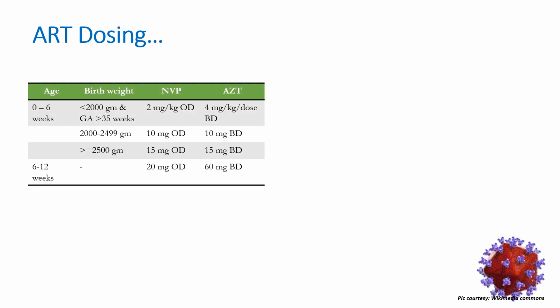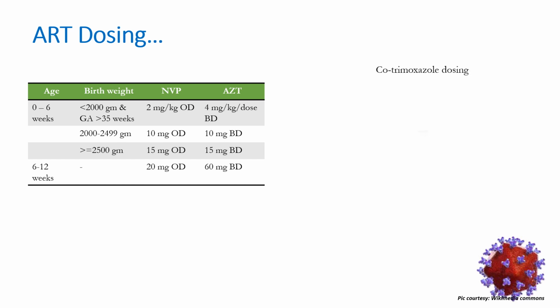So what should be the ART dosing? In 0 to 6 weeks of age, depending upon the birth weight and gestational age, the dose of nevirapine is 2 mg per kg OD for babies with birth weight less than 2000 gram, 10 mg OD for birth weight between 2000 to 2499 gram, and 15 mg OD for birth weight more than or equal to 2500 gram. And the corresponding doses for azithromycin are 4 mg per kg per dose BD, 10 mg BD and 15 mg BD. From 6 to 12 weeks, nevirapine is given in a dose of 20 mg OD and azithromycin 60 mg